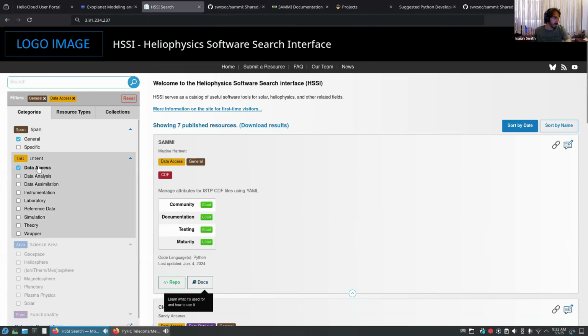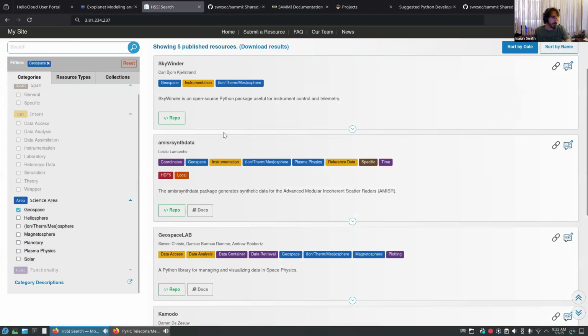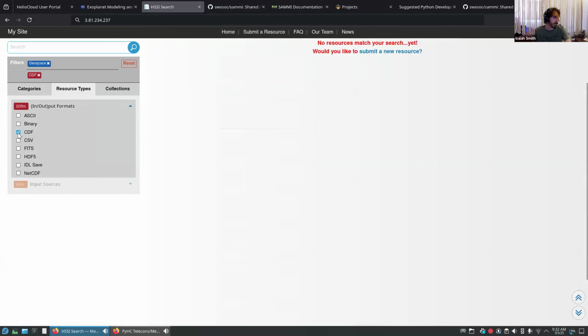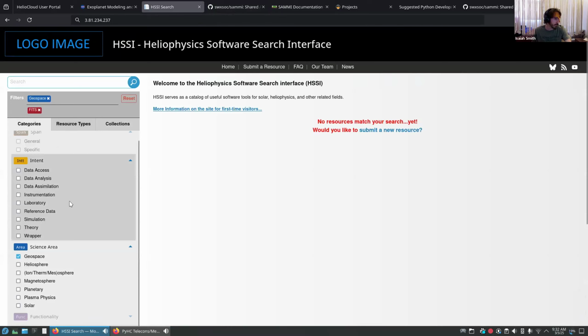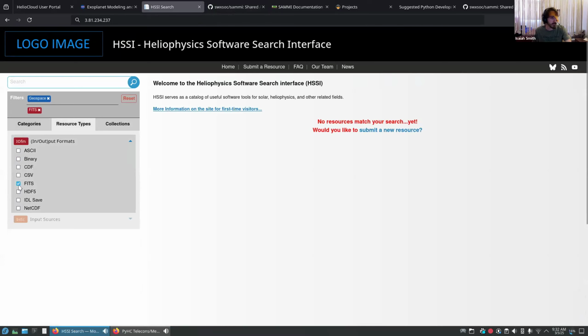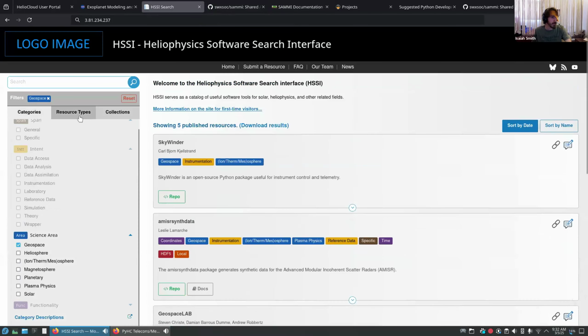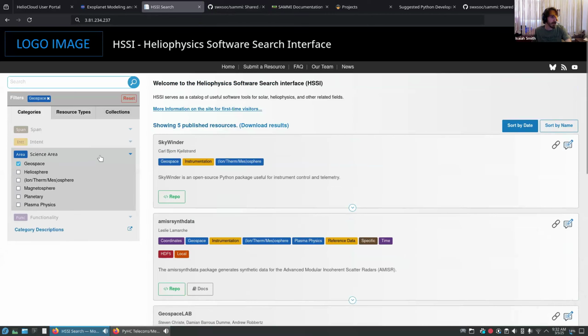And if you need a different area, you can check out whatever these are. If you want to work with CDF, or if you want to work with FITS, I guess there's no geophysics tool to have FITS data input outputs right now in the database. But yeah, that's the idea of finding a resource. And then